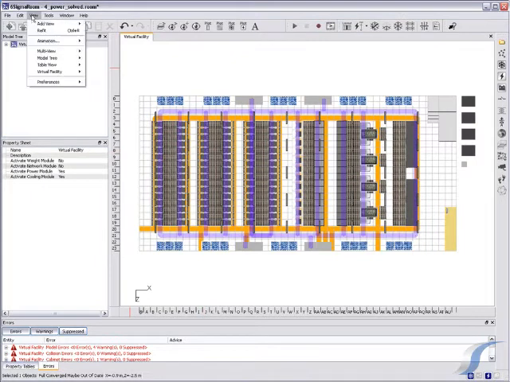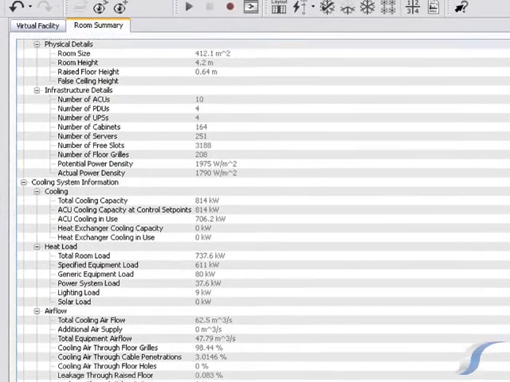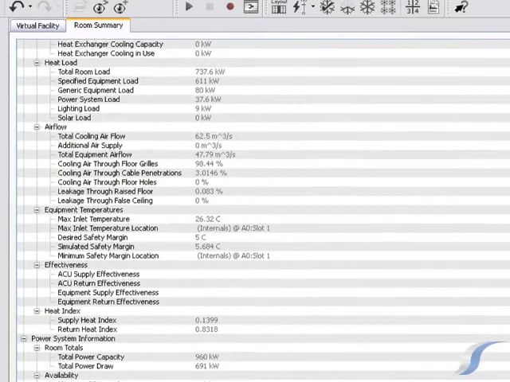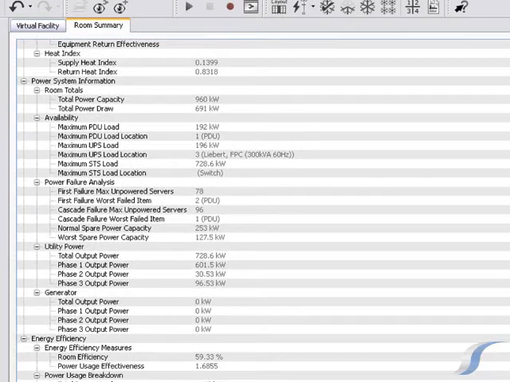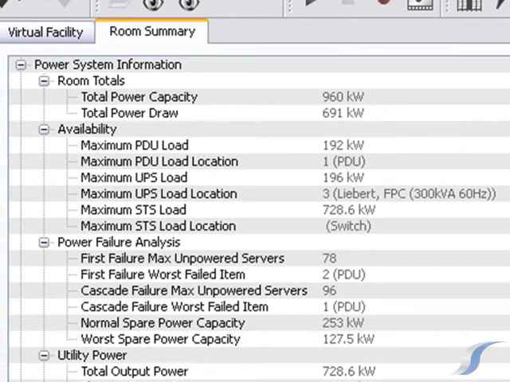If we click to view the room summary, we see a view that shows various important metrics about the room in general, but we're going to focus on the power section. You'll notice this little icon is highlighted. That means the power module is activated. Because of this, the node Power System Information is present, and we can view a breakdown of the power network